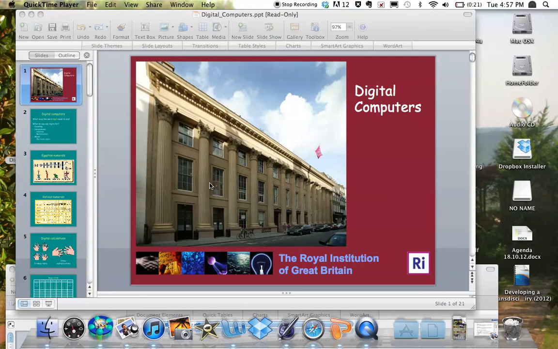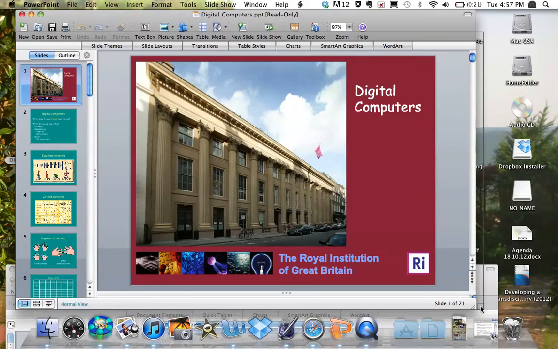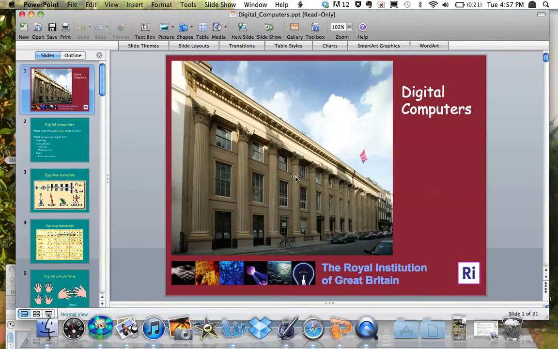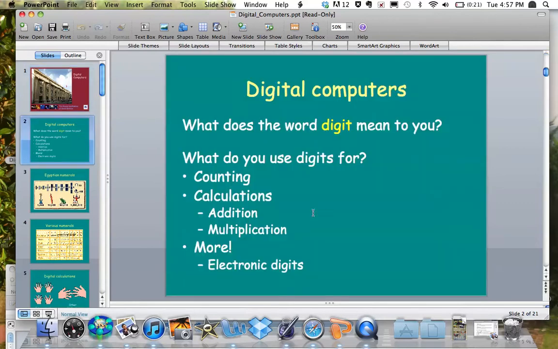Hello, I'm going to talk to you about a keynote that I use to help teach students place value and binary numbers. This lesson was taken from the Royal Institution of Great Britain, and the focus is binary numbers. So it starts off with an introduction which talks about digital computers and what the word digit means to you,